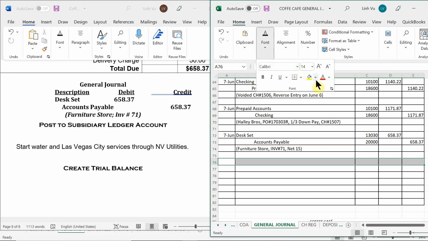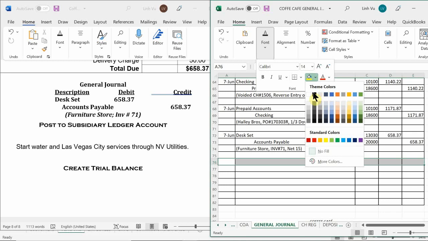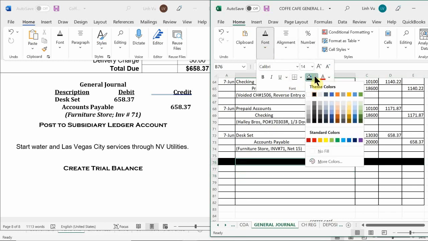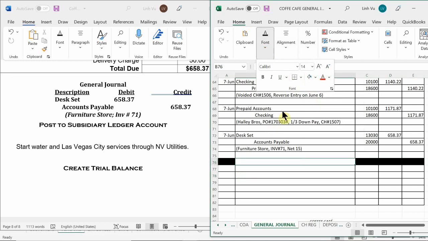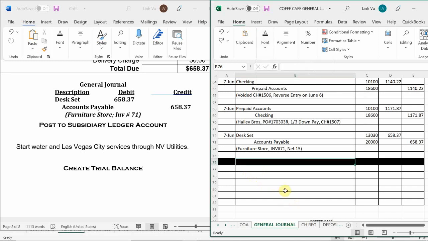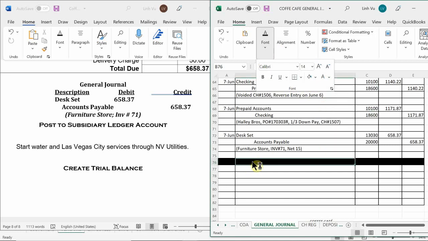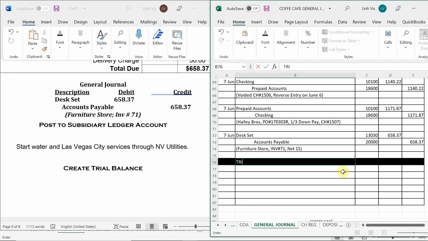So in this case, I'm going to make this a nice black bar, and I'm going to have this in white font, and I'm going to indicate this is my trial balance